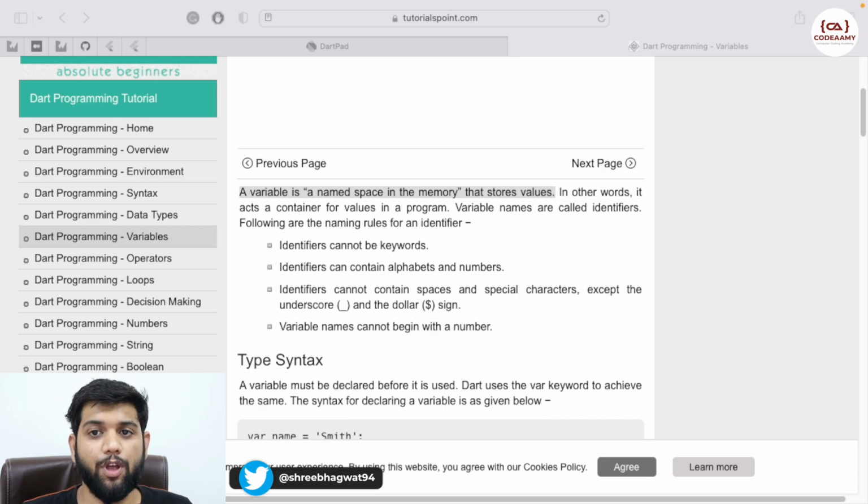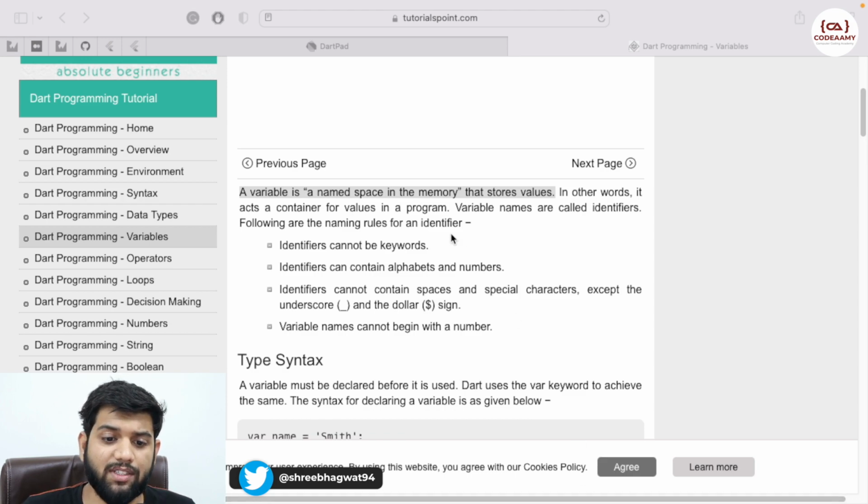In today's lecture, we are going to learn about variables in the Dart language. I will teach you what variables are, the types or data types of a variable, how to define a variable, how to initialize a variable, and how to use the variable in our application. Okay. So before we move ahead, first let us check what a variable is.